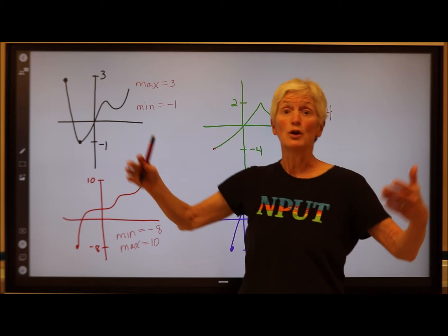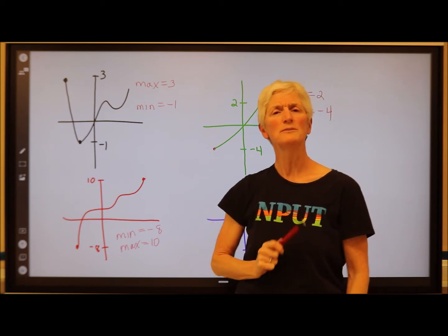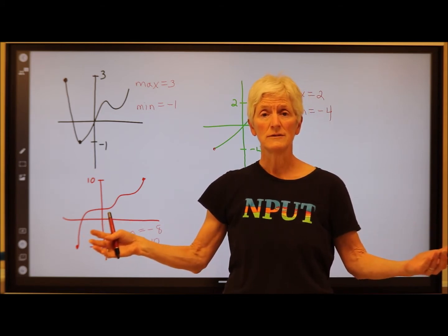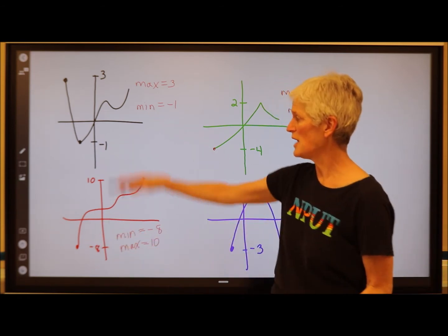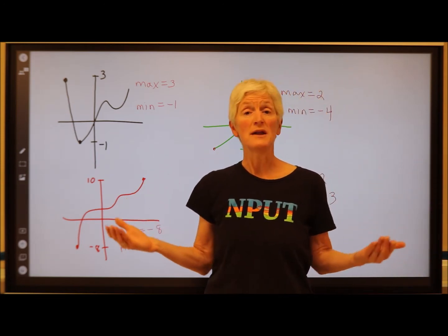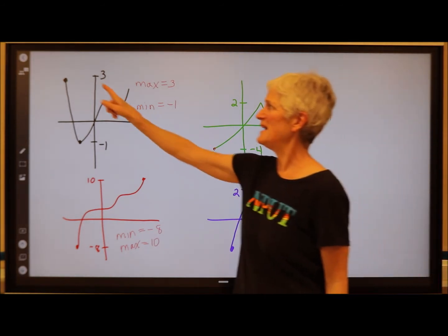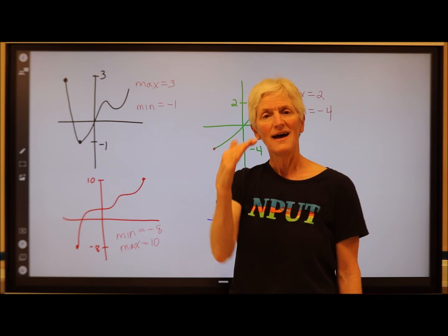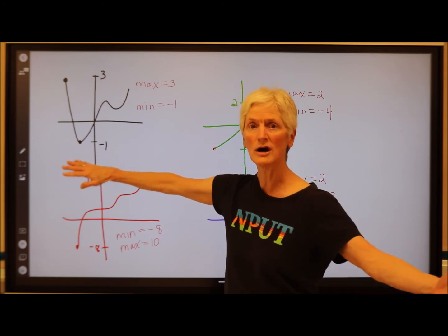Sometimes we call these absolute maximums and absolute minimums. Sometimes global maximums, global minimums; different vocabulary words are used. But if you're ever asked to find a maximum value of a function, it's the biggest y. If you're asked to find the minimum of a function, it's the smallest y. So where do these maximums and minimums happen? Well, I think you can see they either happen at the endpoints of my functions or at a turning point, at a place where my slope is 0 or where my slope is